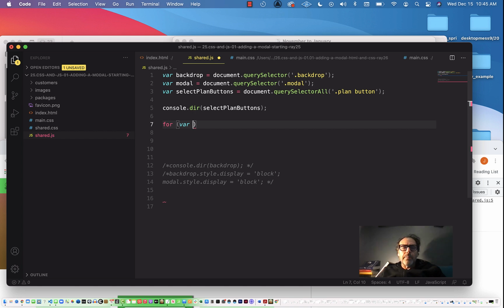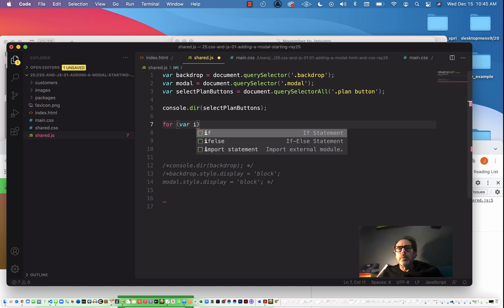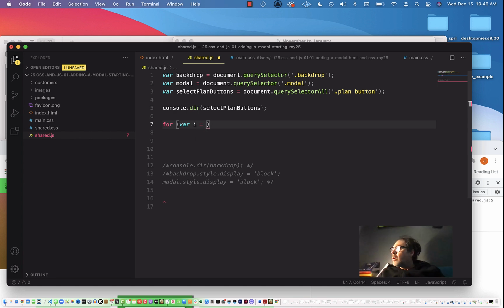So we need to go through those 3 buttons, and it's a loop, because those 3 buttons are known as an array. Whenever you have more than one element, it's basically 3. This is how you write this kind of equation: variable equals, starts with button 1, which is 0, and then you keep going through a loop